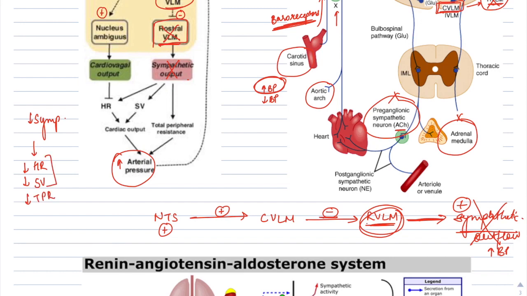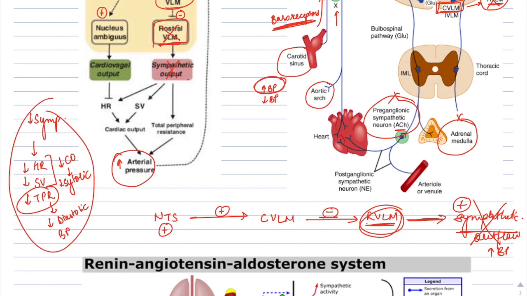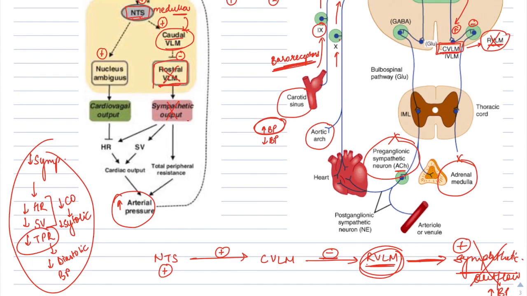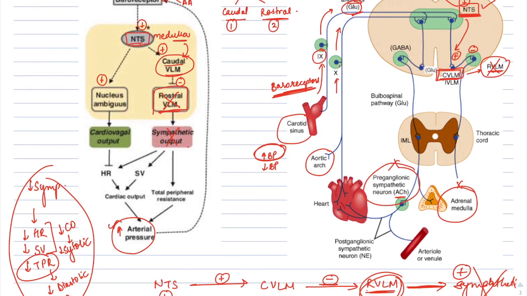This decrease in heart rate and stroke volume will decrease the cardiac output, will decrease the systolic BP, while decrease in total peripheral resistance will decrease the diastolic BP. Okay, so this is how the baroreceptors help in decreasing the BP if they sense an increase in the